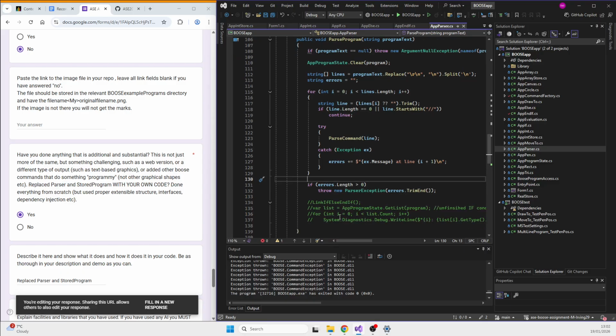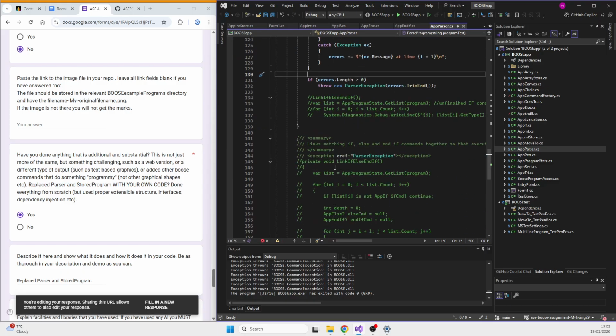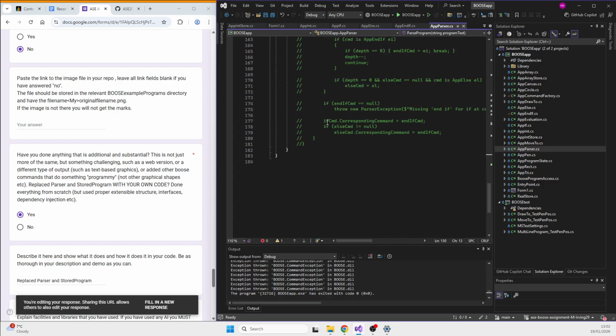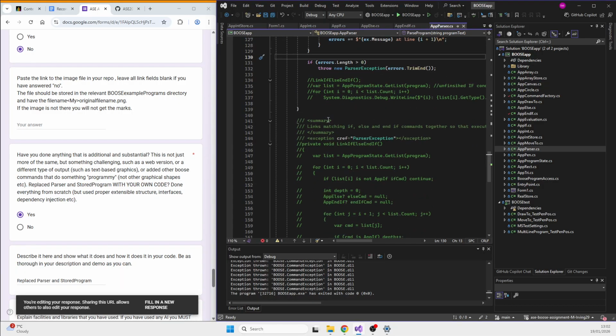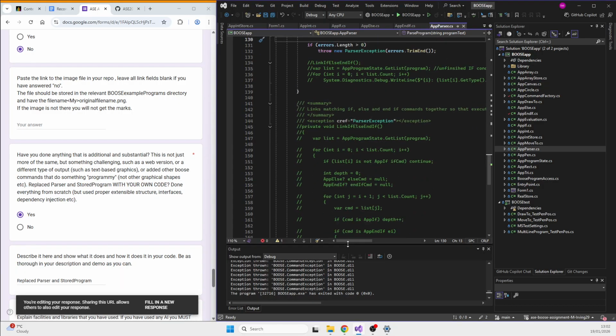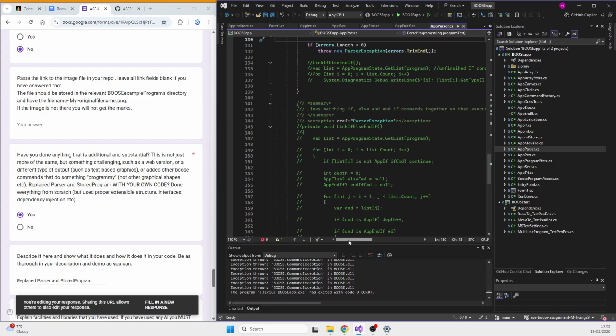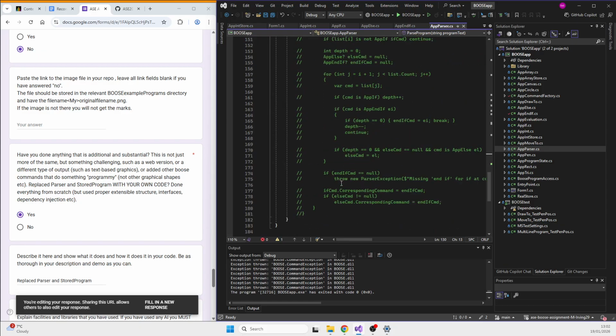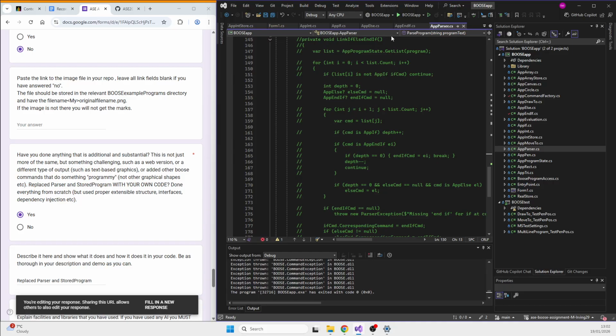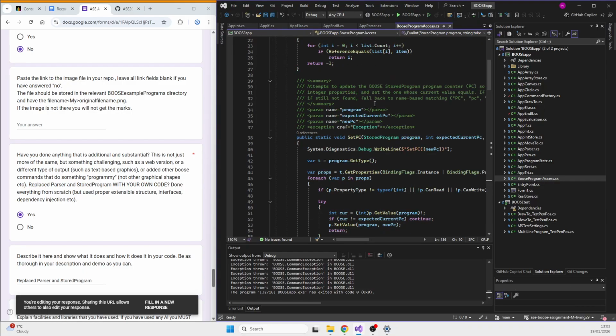It will throw the new exception. Here is where it got a bit messy with the ifs, so I thought I'd keep it in, but, you know, understandable. It doesn't get me anything extra, but you never know. And the stored program, here it is.